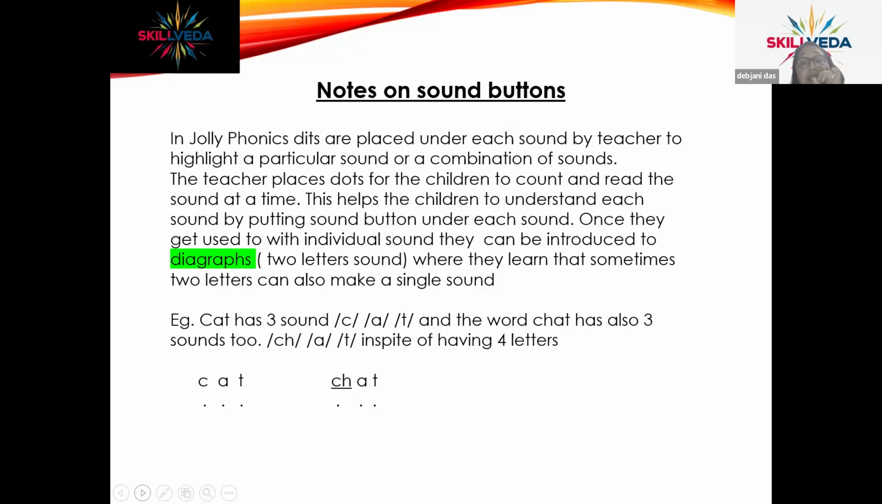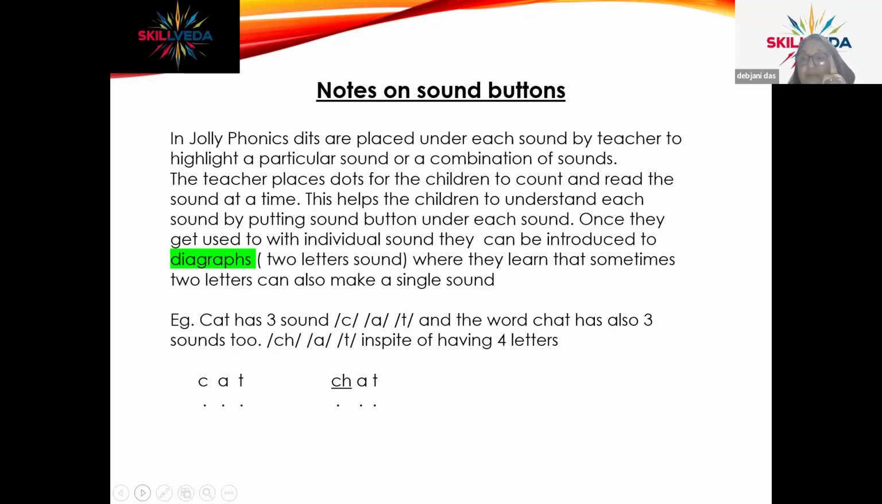Okay, so here there is a difference between blending and digraphs. In the last class, I have already told you what is blending and what is a digraph. Blending is when we pronounce two letters together, but we can hear the sound of both the letters, right? That is blending. But digraphs are two letters combined together, but they give rise to one different sound,